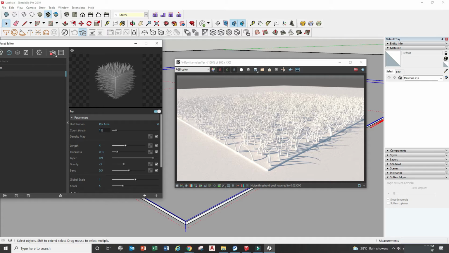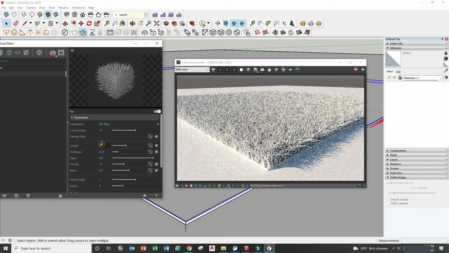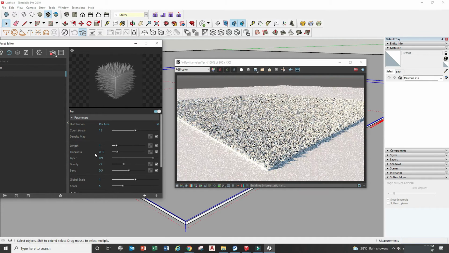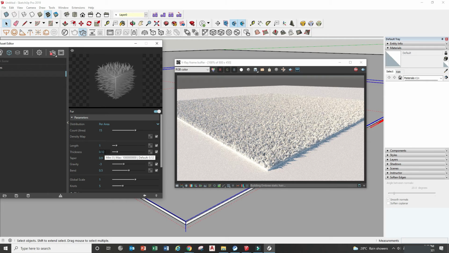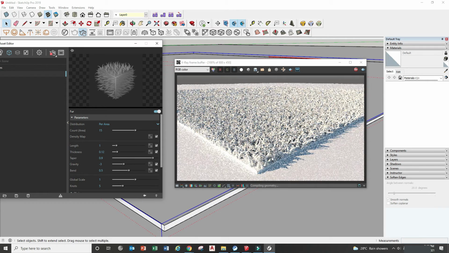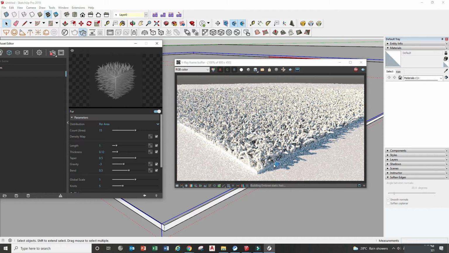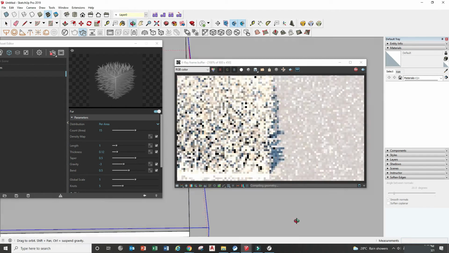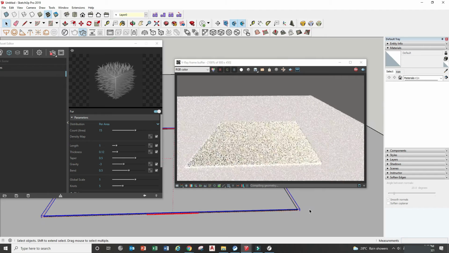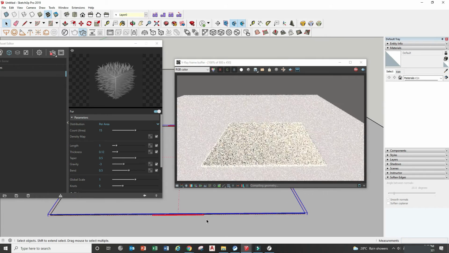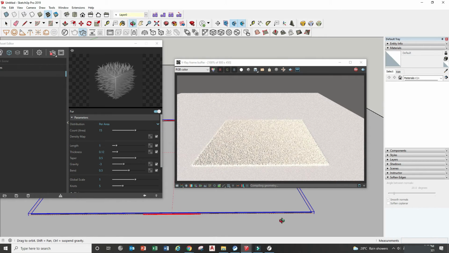So same as before, count area is 15, the length is 1 meter, and the thickness, I think we stick with this 0.15. The taper I make it 0.5. So we set